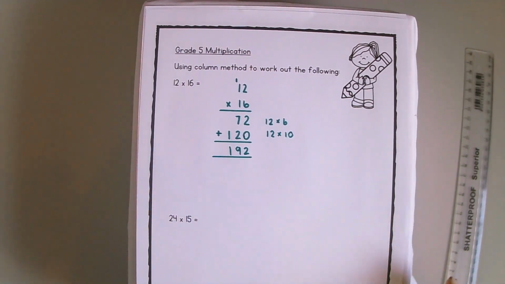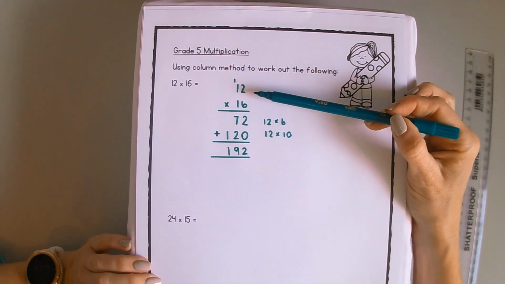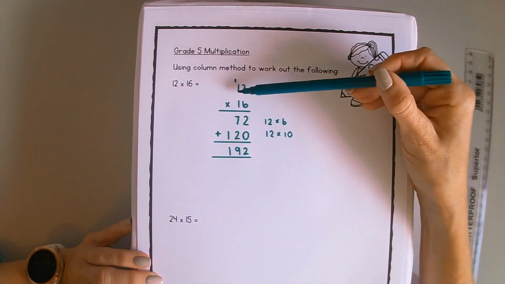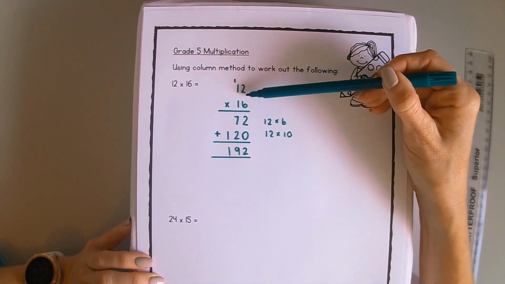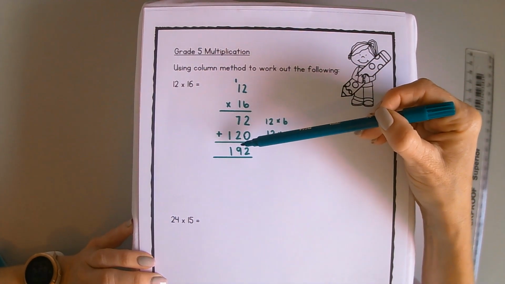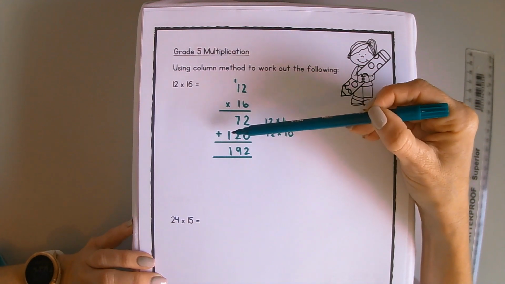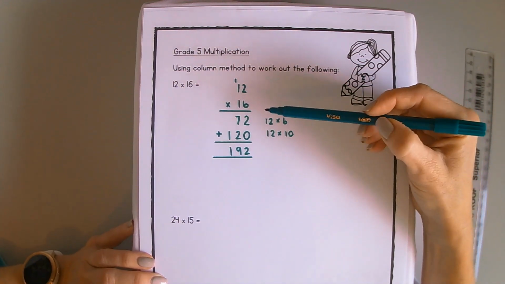Now I want you just to have a look at something, and I want you to look at how I've spread my numbers out. Can you see they're not squashed on top of each other? Okay, I've given myself enough space next to each other and also on top of each other. Can you see all the units are directly underneath each other and all the tens are all directly underneath each other? And obviously we've got the 100 here as well, and that's underneath,